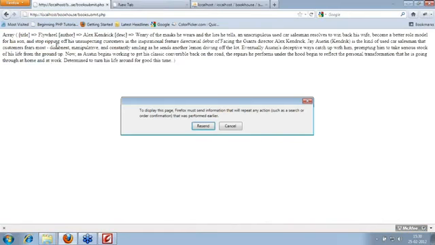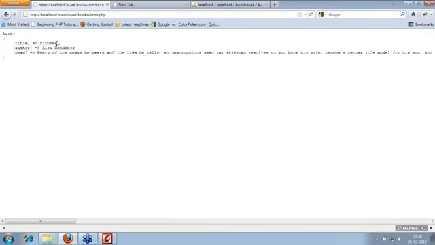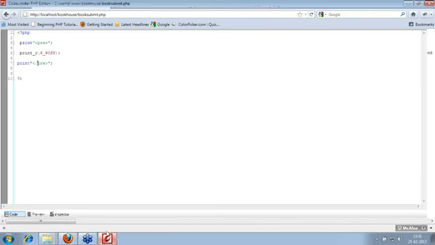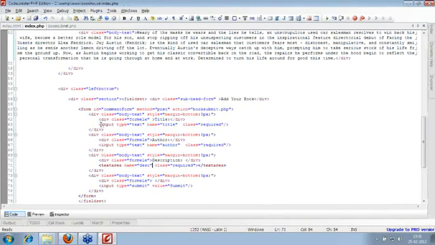Okay, now it prints the structure in a proper manner. This is my $_POST array, which has three elements: a title, an author, and a description, because these names are what we have used in our form. We have input name title, so the same name will pass to the $_POST array or $_GET array.